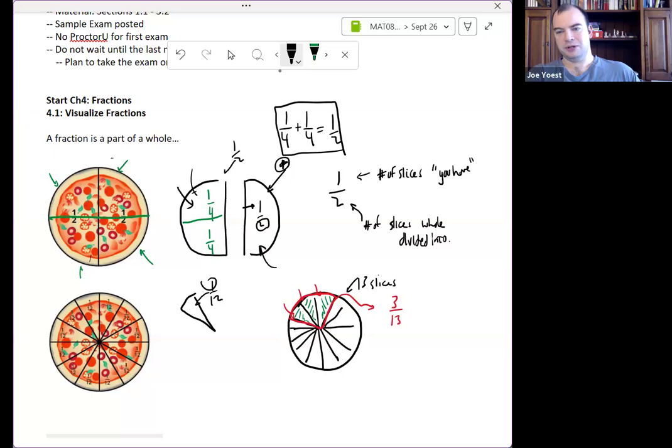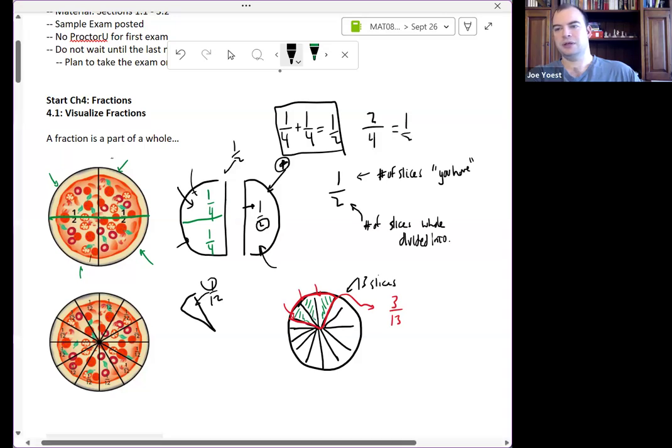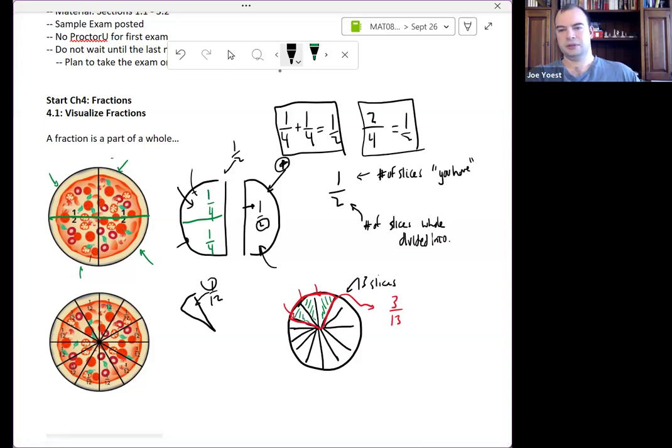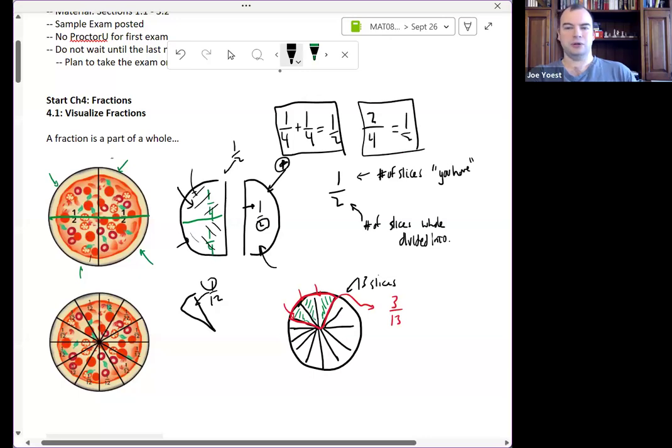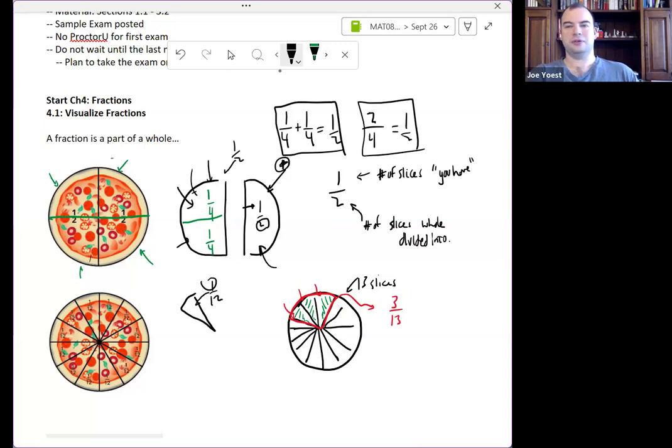So I see that if I have 1/4 plus 1/4, that gives me a half. Or if I have a thing plus itself, I just have two of that, right? So I could also say that 2/4 equals 1/2. I could think of it this way as well. I have 1, 2 1/4 slices of pizza that put together make the same amount of pizza as 1/2, as one slice of a pizza cut in two.